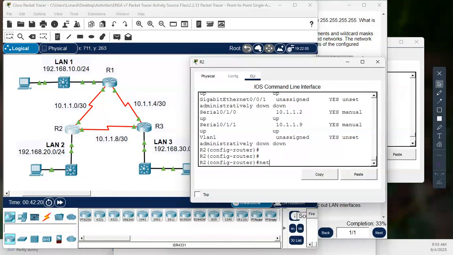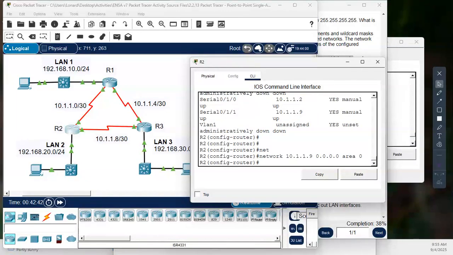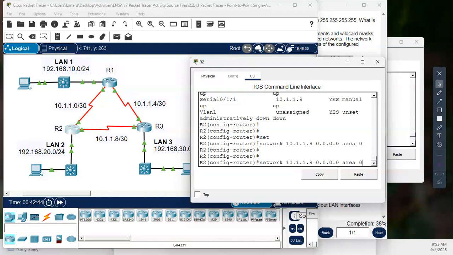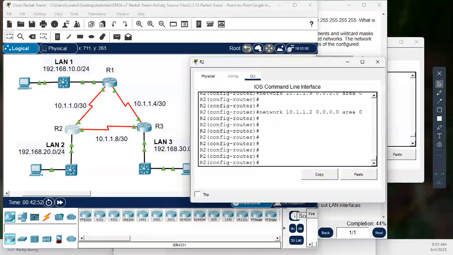So it's network 10.1.1.9. Then the wildcard mask, they are saying we use code 0 like that. Then area 0. So we have a 2, like that. Then lastly, because it's a LAN, where we have the LAN here, we cannot use that for quadrant